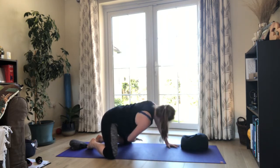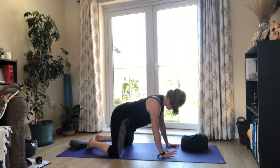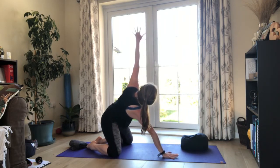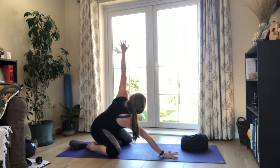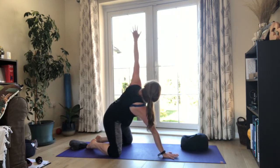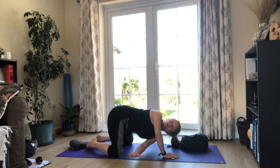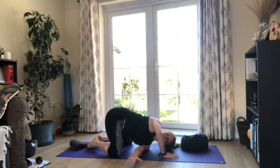Now plant down the right hand, lift the left, breathe in, sit back, exhale, bring the tailbone towards your feet, lift up, inhale, exhale, reach under, pulling the mid back into stretch, really use your right hand in the floor,